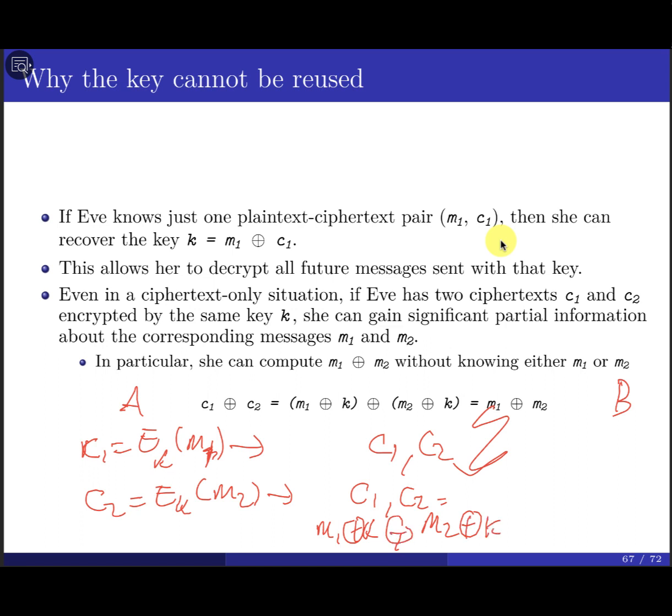What if I do an exclusive OR of C1 with C2? If I do that, I eliminate, or get rid of, the key. So it looks like I'm computing M1 exclusive OR M2. That's one problem here. Let's see what kind of information you can get in this case. If, as an attacker, I see that M1 XOR M2 results in 0, I know the guy is sending the same message. If there are blocks of data, I can tell which blocks have the exact same information.